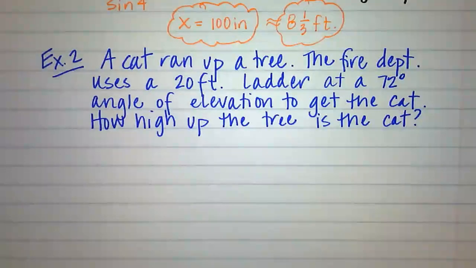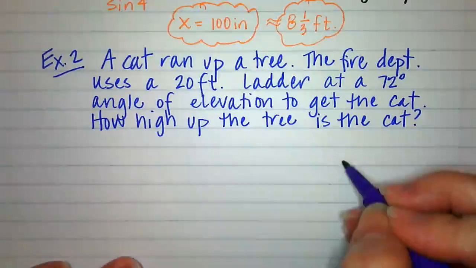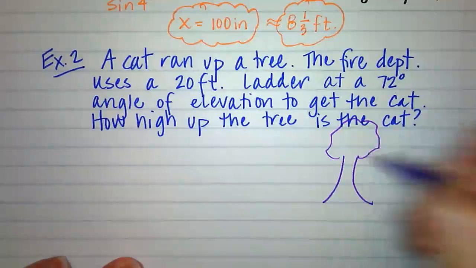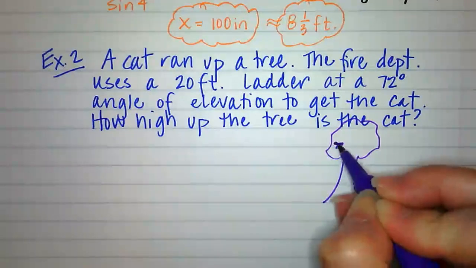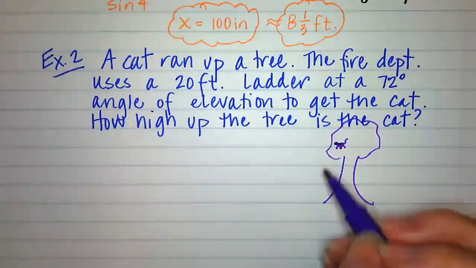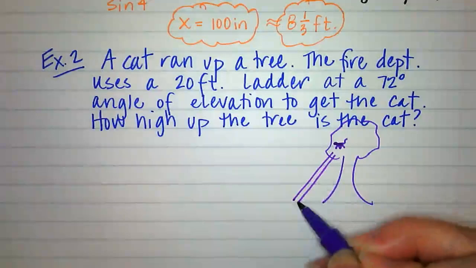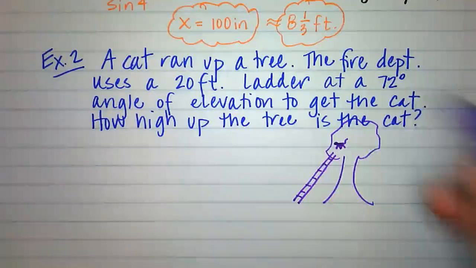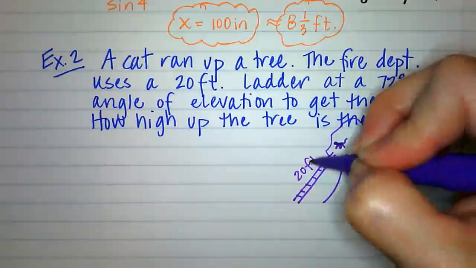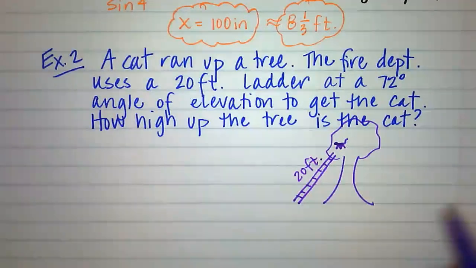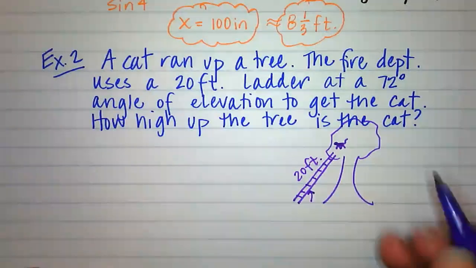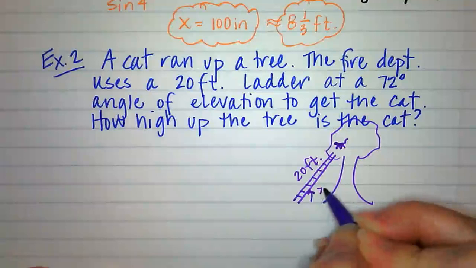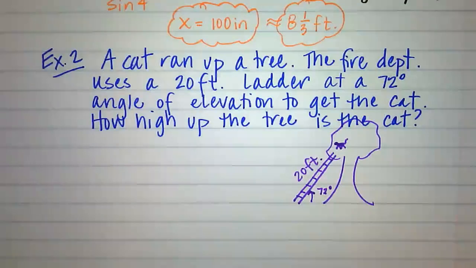All right, so to get a visual for this one, we have the tree. There is a cat in the tree. And we have a ladder that is a 20-foot ladder. So we know the length of the ladder is 20 feet. And then we know that the angle of elevation, so again, the angle of elevation is from the ground to the hypotenuse. So we know that is a 72-degree angle,